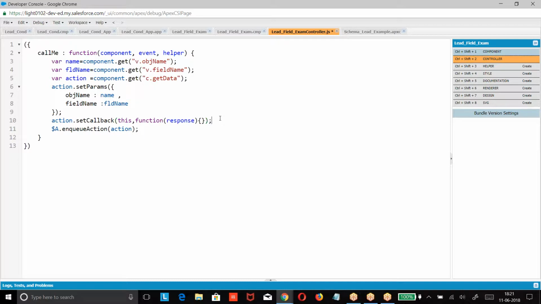When you want to invoke a method from a class, component dot get of c dot method name, it will give a variable action. Action dot set callback this function response. In the function response, I have to get where state equal to response dot.